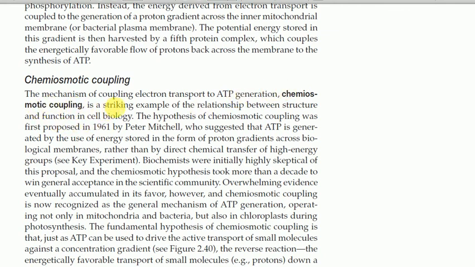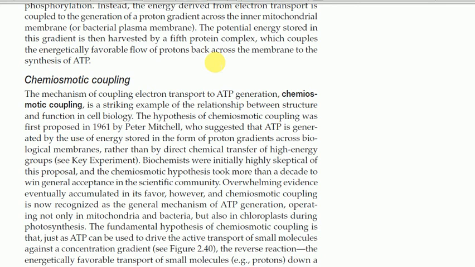So nachokisema ni kwamba the mechanism of coupling electron transport to ATP generation, that is Chemiosmotic Coupling, is a striking example of the relationship between structure and function in cell biology. So you have the stalked particles with the hollow structure, and because of the impermeability of the inner mitochondrial membrane to protons, the protons can pass only through the stalked particles, and then at the end of the day